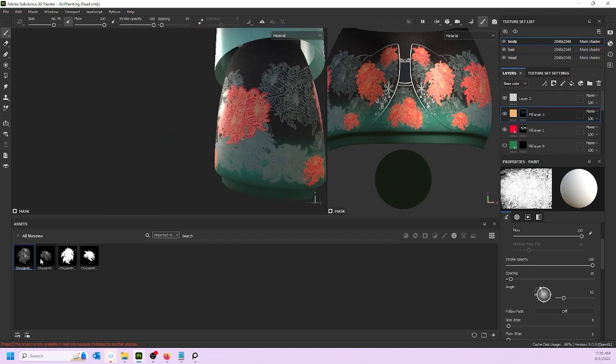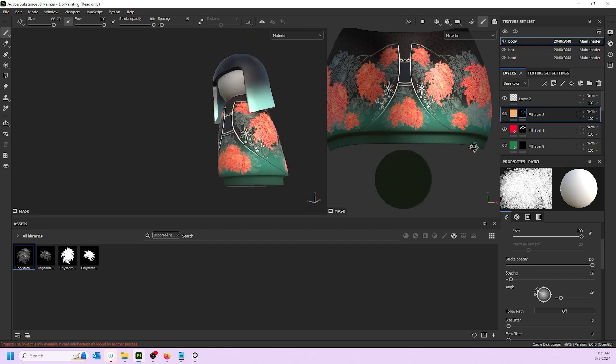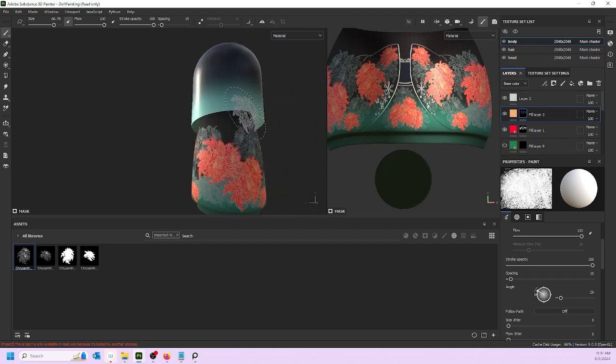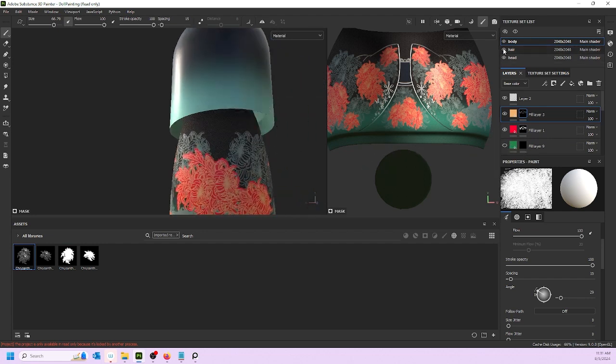Okay, and one more this way. Okay, that's much better. I'm going to turn off her hair for a little bit so I can see the